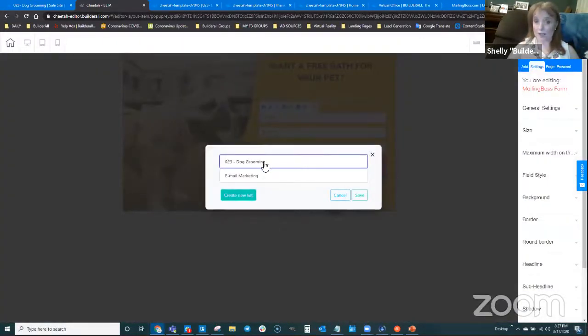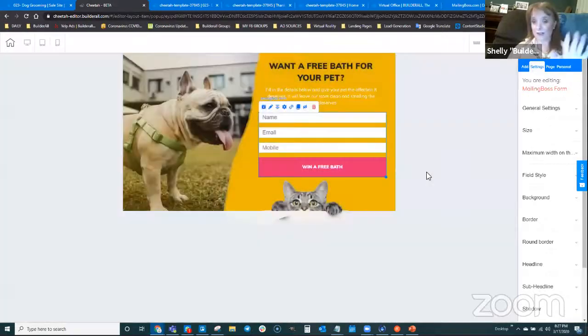So it's going to the dog grooming list, which it automatically put in there for me when I imported this website. So it gives me the email list that I need, and it connects it to the correct pages. So this bad boy is ready to go for the dog groomer really, really quickly once Mailing Boss is set up and then they import the website.